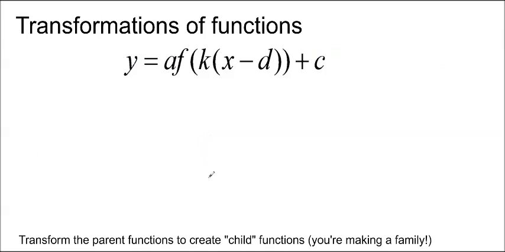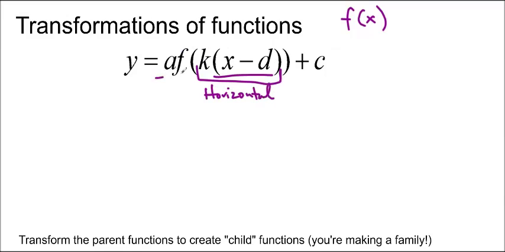The last thing we're going to talk about is transformations. The transformations of any function f of x will look like this: y equals a f of k(x minus d) plus c. You'll notice that this part is factored, and that's kind of important, but we'll talk about that in a second. Anything that's inside of these brackets is horizontal, and they work counterintuitively, and then outside of the brackets is vertical,